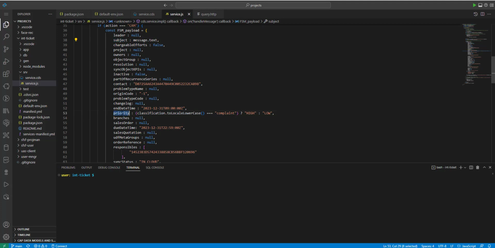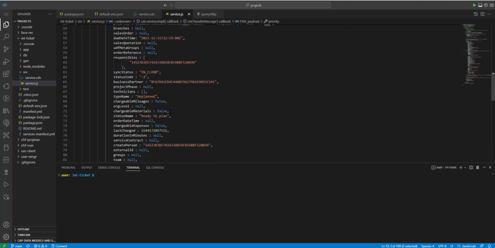And for the priority, we check whether the classification is a complaint, and if it is, we set the priority to high. Otherwise, we can set the priority to low if it's just a request, for example, right? So we fill the payloads,